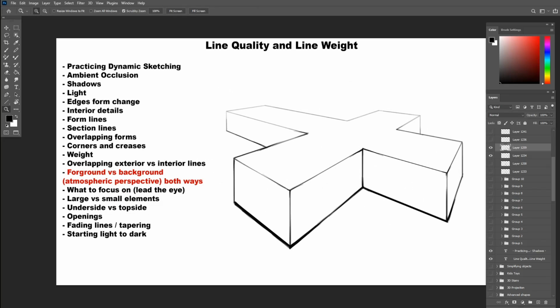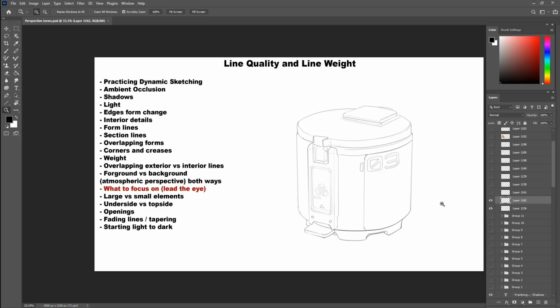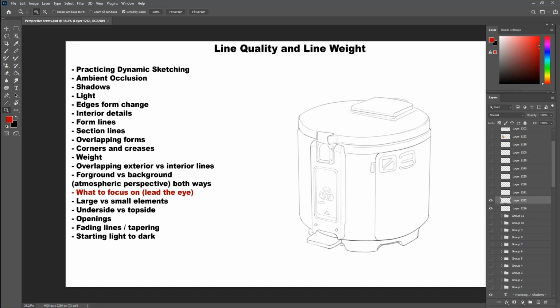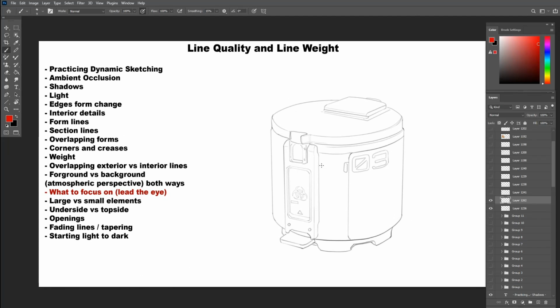The next factor is a bit more artistic than physical. This factor is you, the artist. Here is where you decide to control and manipulate the eye of the viewer. For example, we have this sci-fi futuristic prop that is done all in one line thickness. It's boring, it's almost technical, doesn't really have a character.